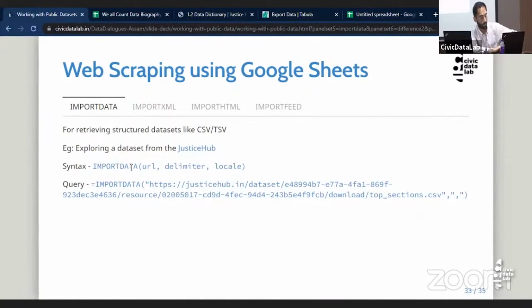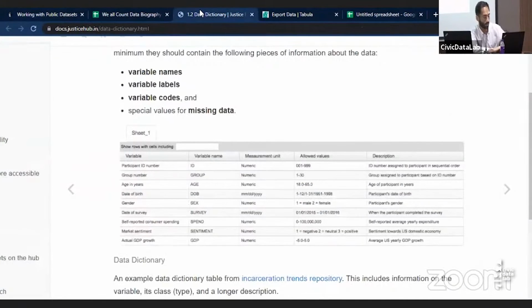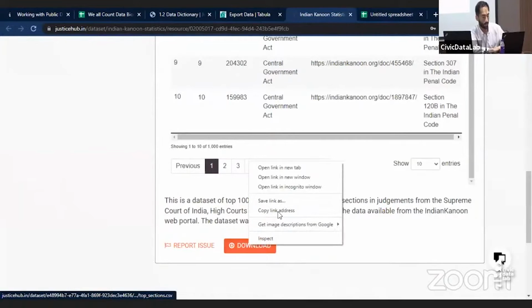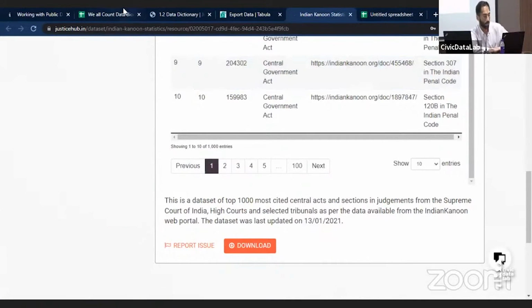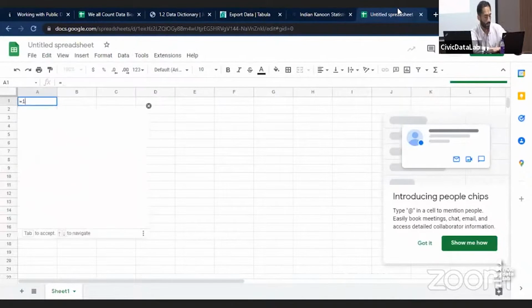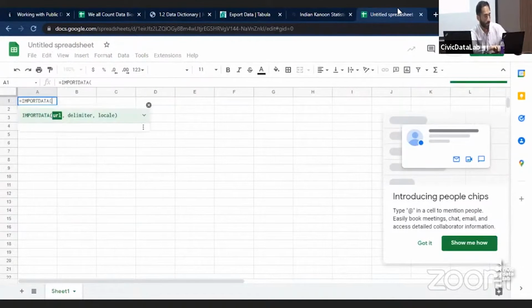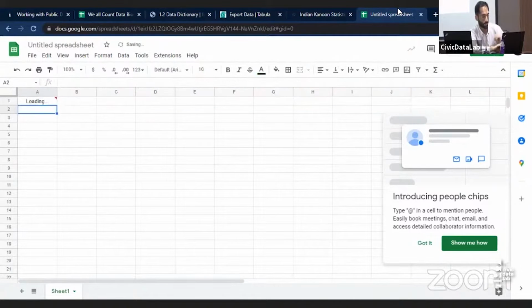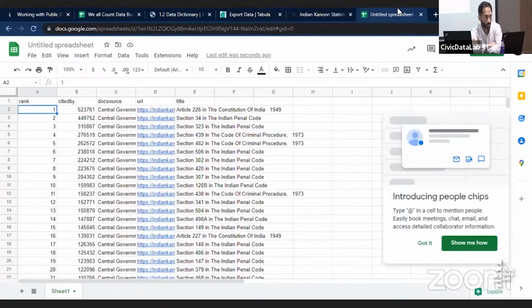So how the formula is, the first is the URL of the website or the data that you have. In our case, so if I go on the Justice Hub, I right click on download, I copy the link address. So this is the URL. Then I go here, I use this formula which is import data. I copy the URL here. The delimiter is a comma because it's a CSV file, and I just press enter. So this will